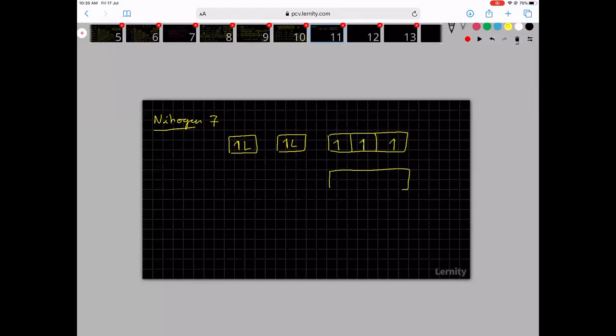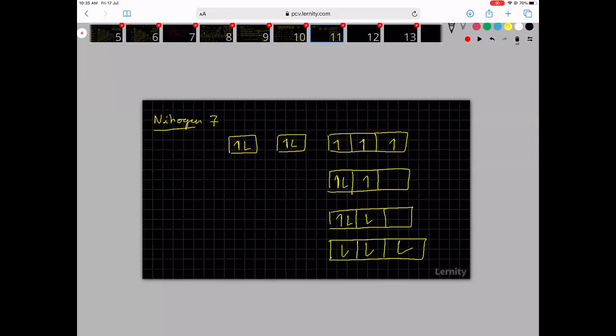Then in p it can come this way, it can come this way, or this way and this way and so on, and it can come this way, this way, this way, this way. So according to Hund's rule, this is the way it will come. That is, you give the maximum number of unpaired electrons.